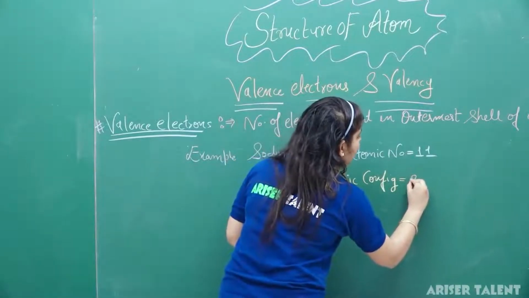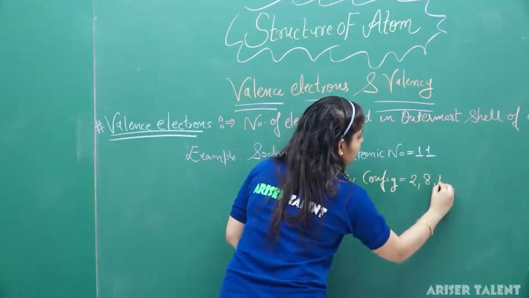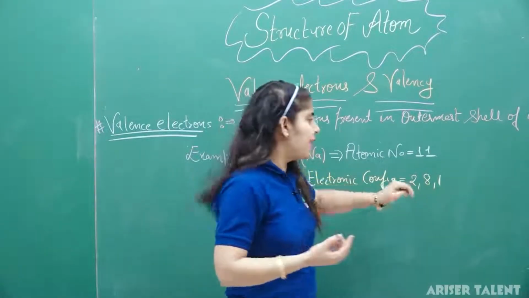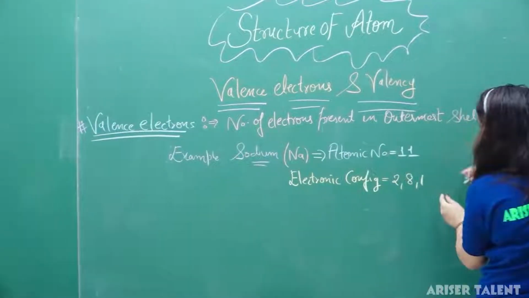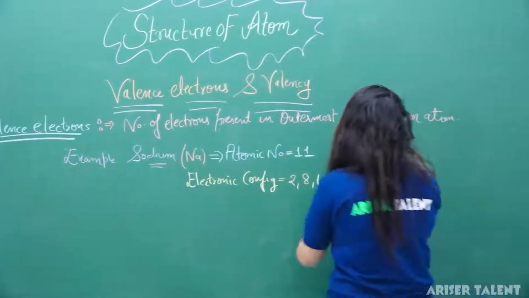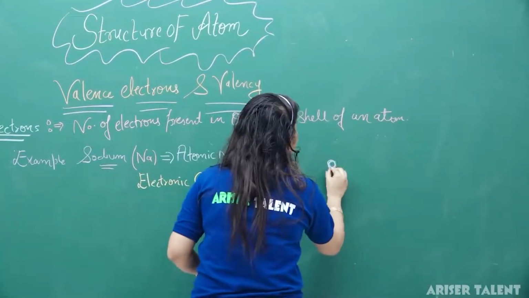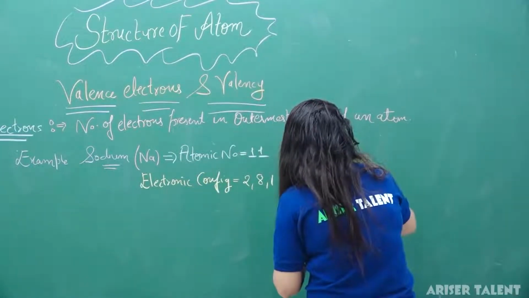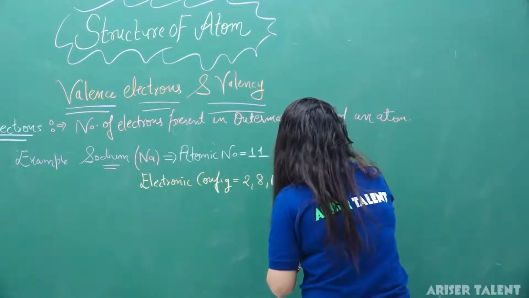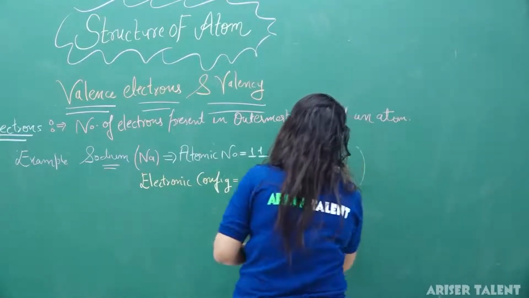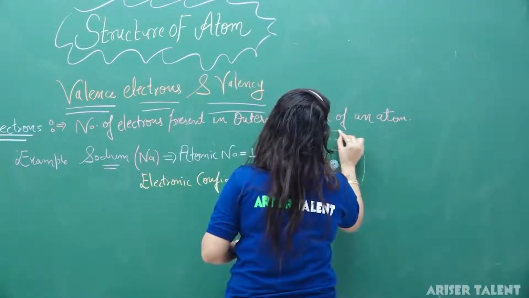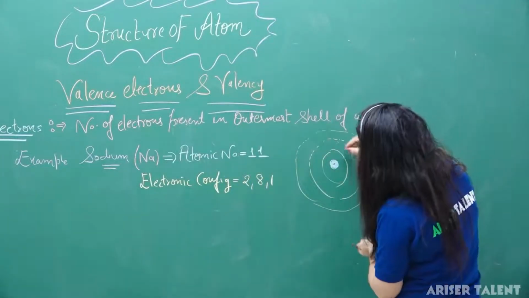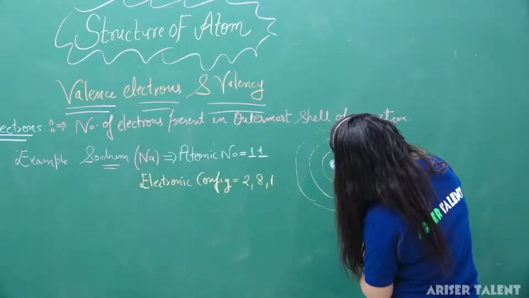It will be 2, 8 and 1. 2 plus 8, 10 plus 1 will give us 11. Now we will draw the orbital diagram for sodium. In the center we have the nucleus. We have 2 electrons in the K shell, 8 electrons in the L shell and 1 electron in the M shell. So, we can draw it as 2 electrons in the K shell,